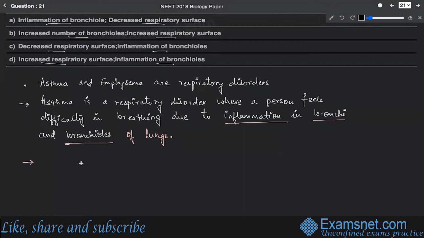Emphysema is also a category of the respiratory disorder, and it is a long-term disorder. That means it's a chronic disorder in which the alveoli or the alveolar walls of the lungs get damaged, and because of which the respiratory surface area of the alveoli gets decreased, and so the exchange of gases which is actually being carried out by alveoli becomes difficult. So emphysema